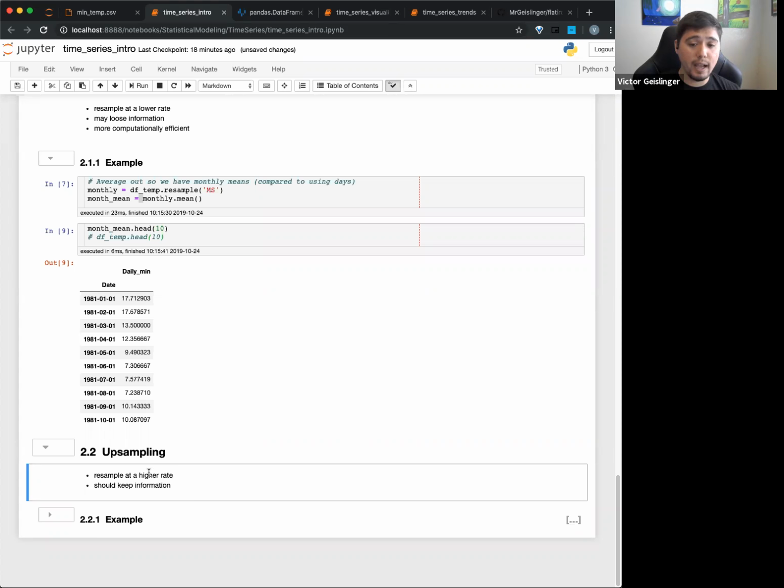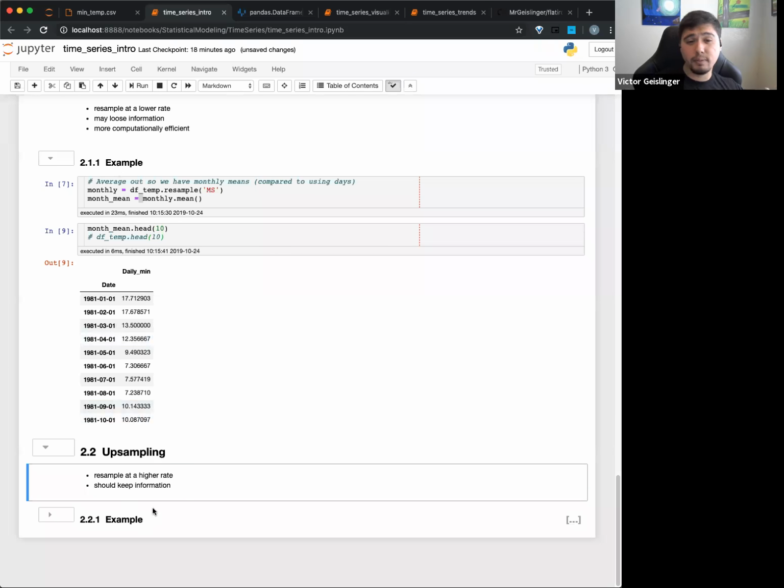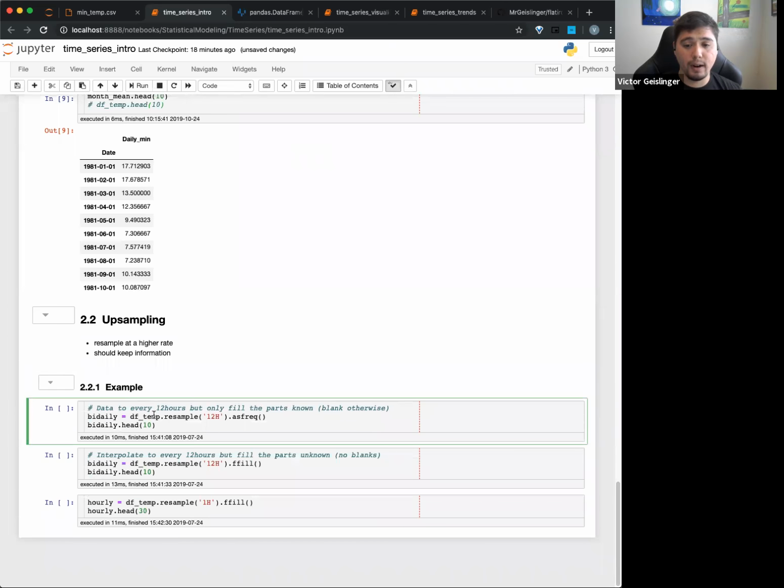So with sampling, just know the difference here is that with downsampling, you're losing information. With upsampling, you're keeping the same information, and you might even give more information. Always be aware of when you would want to use upsampling versus downsampling, or just keep it the same. Okay. So for example here, I have our data temp, and I'm just going to resample for 12